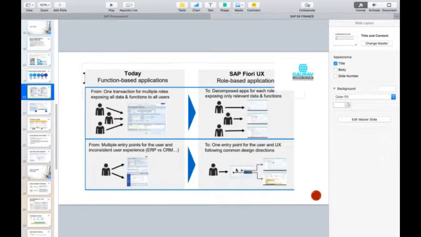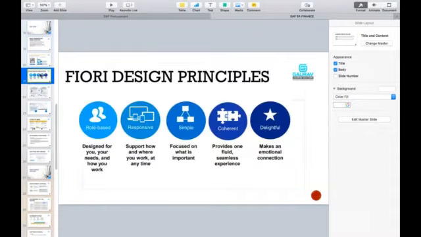But now with SAP Fiori, in one single screen, you can have one app which is coming from your ECC and another app which is coming from CRM. So you don't need to log in two times. Using one single logon screen, you can perform transactions from multiple different systems. Okay, so that is coherent. Coherent means it is connecting to different systems.